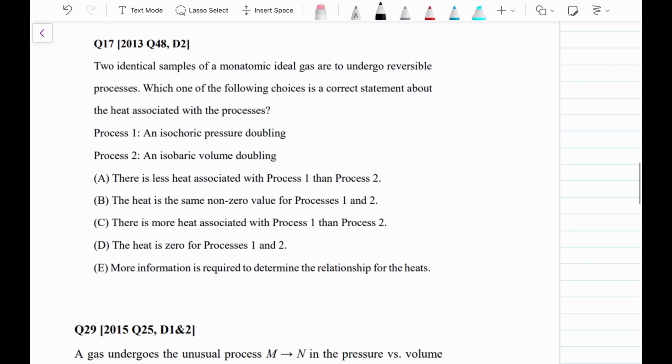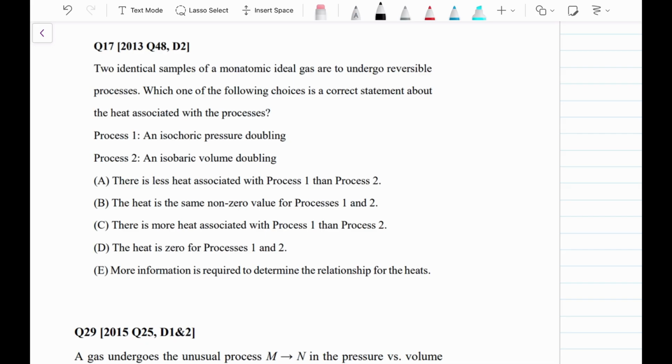And then for the next question, it says two identical samples of a monoatomic ideal gas are to undergo reversible processes. Which one of the following choices is a correct statement about heat associated with the processes? Process 1, an isochoric pressure doubling. Process 2, an isobaric volume doubling. Okay, identical samples of gas. So there's less heat associated with process 1 than process 2. So in process 1,